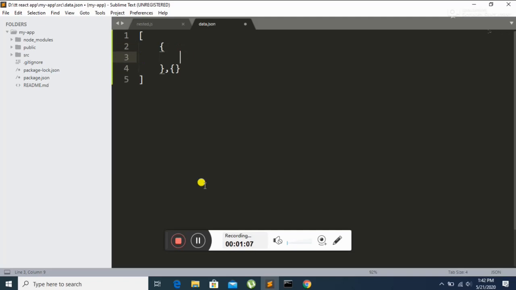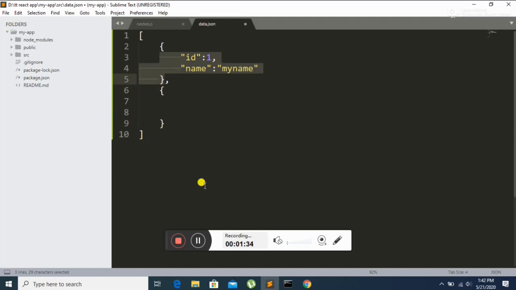ID. You have to apply it in a single code. ID has one value. This is the one ID. Okay, this is the one, and the second one is the title name, and the name has a simple value called my name. All right, so this is the first, and this is the second data.